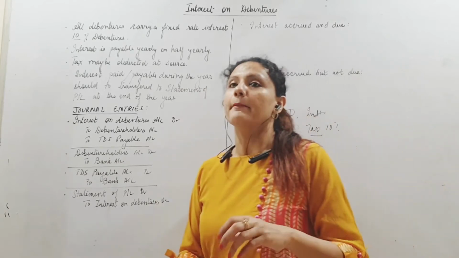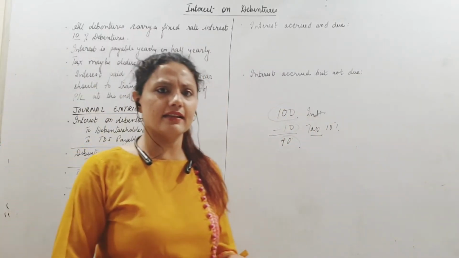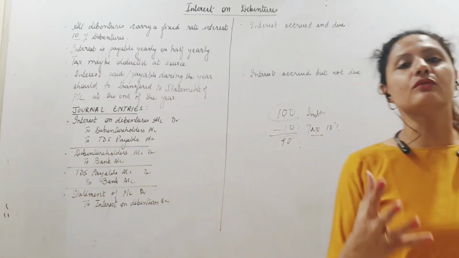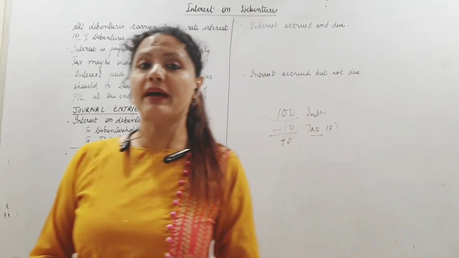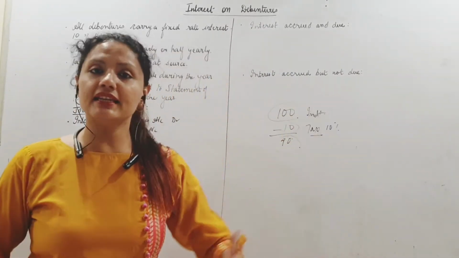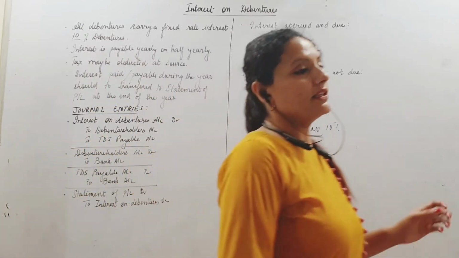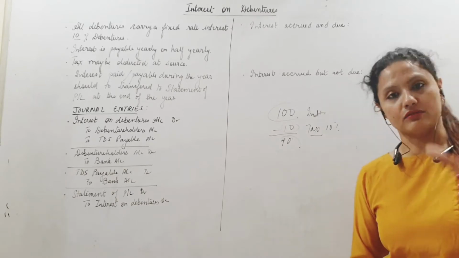Paid is paid. But if it's not paid, it's due, even then we pass the entry of outstanding interest, yes? So this interest outstanding at the end of the year, which is a liability, where do you show it in the balance sheet? Of course, as a current liability, because you will be paying it in the near future. Okay, so other current liabilities is the subheading where you will show this interest outstanding